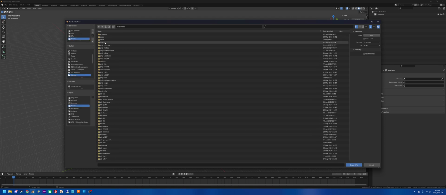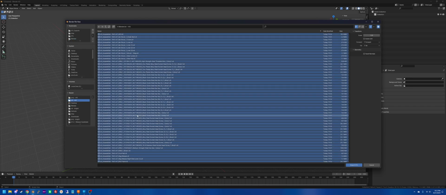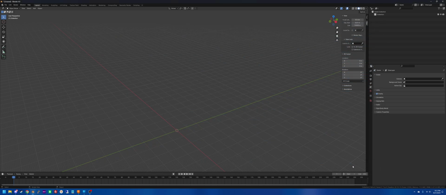Underneath the Blender folder, we're going to go to STL R45. We're going to hit the A key to select all. Import STL. It's going to take a minute to bring it all in. The cool thing about exporting STLs out of Fusion 360 is they maintain their location relative to origin, is what